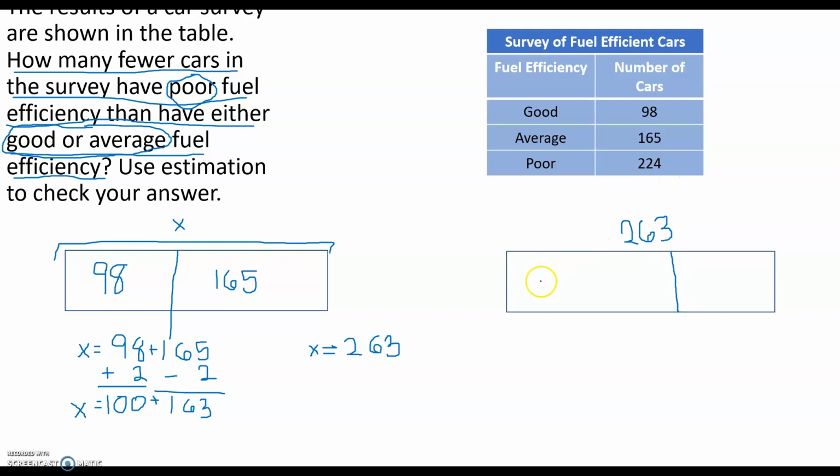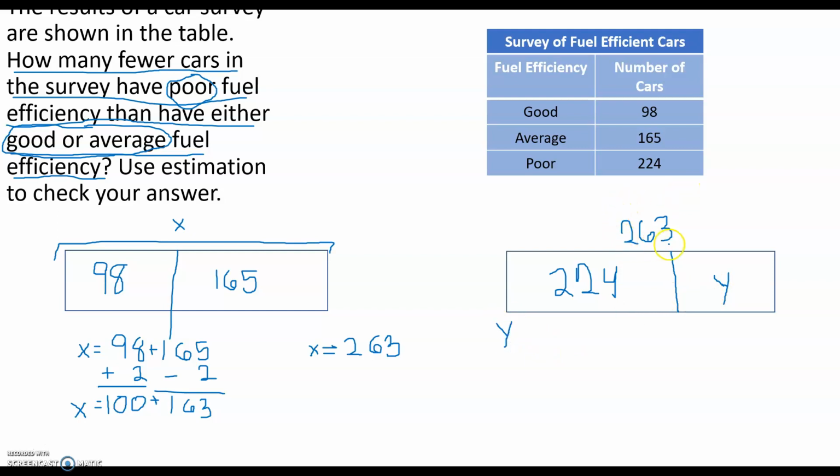I see there's 224 poor fuel efficient cars. We don't know the difference. We don't know how many fewer there are. So I'm going to use a y to take the place of that unknown number. So you may in the past have used a blank space or a question mark. We're just using a letter now. So y equals,